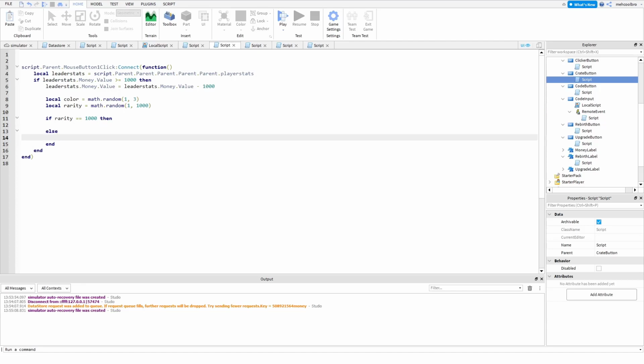Else if rarity is, we'll make epic be if rarity is greater than, we'll do epics being 10 times as common as legendaries. And then else if